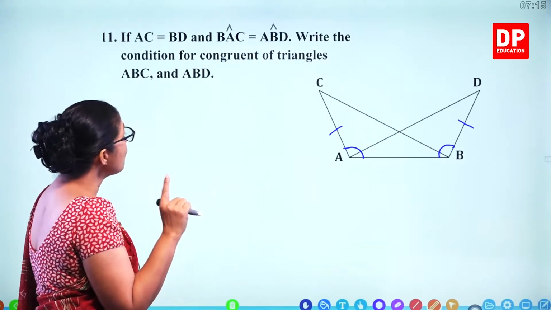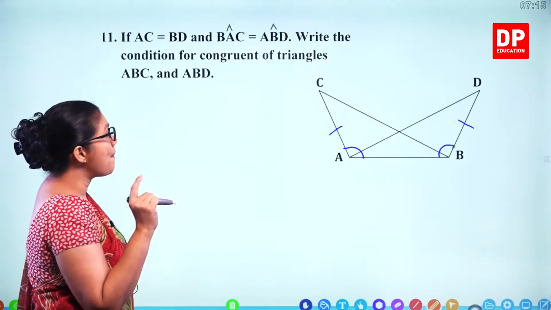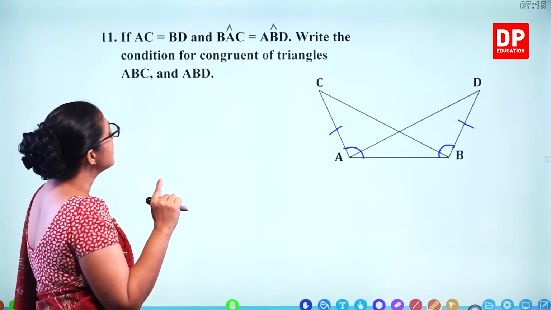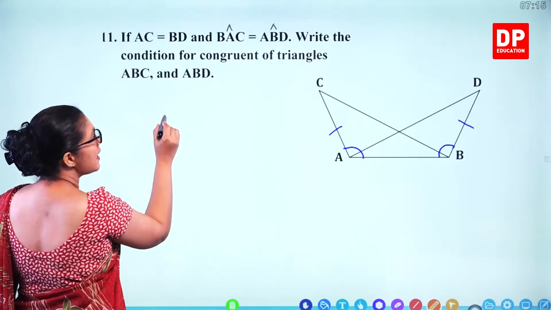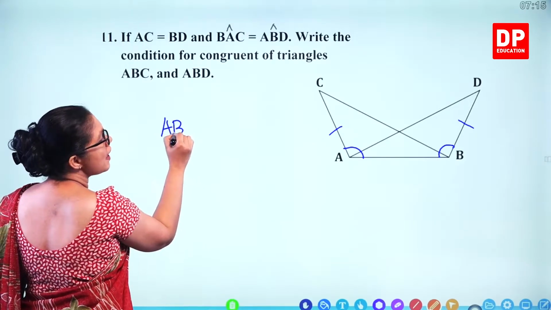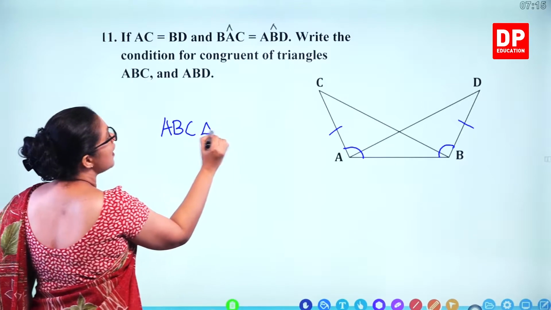Write the condition for congruence of triangles ABC and ABD. So we'll take triangle ABC first, and